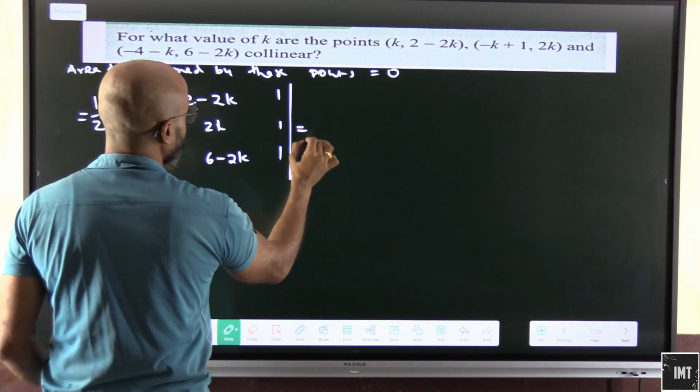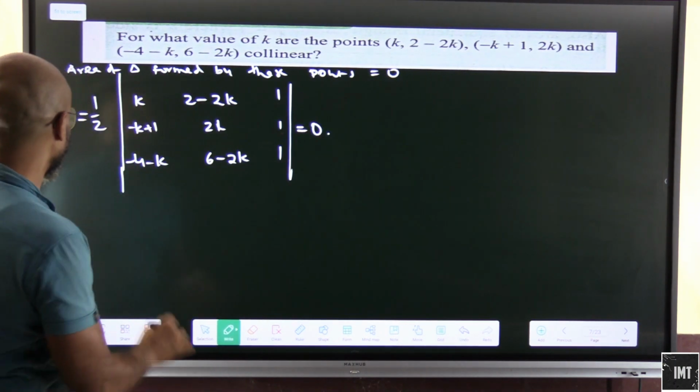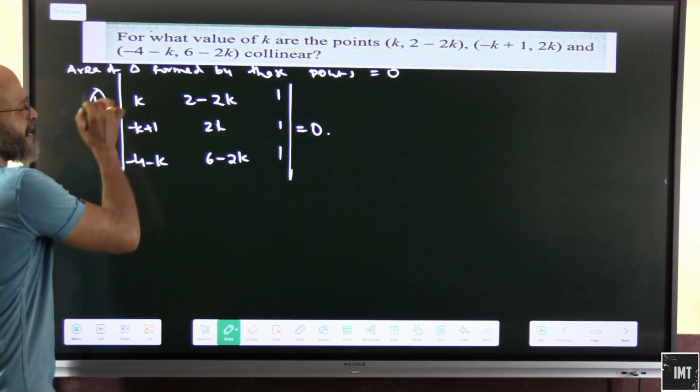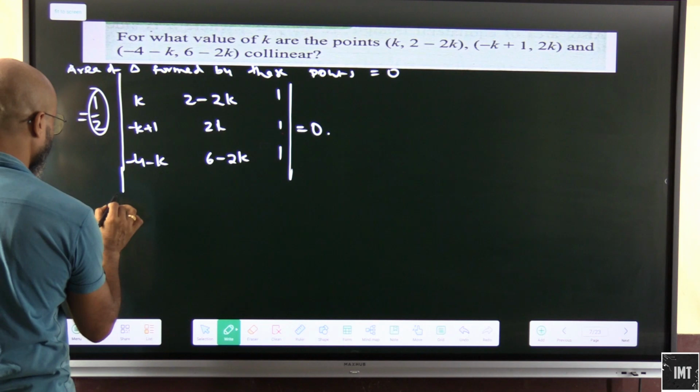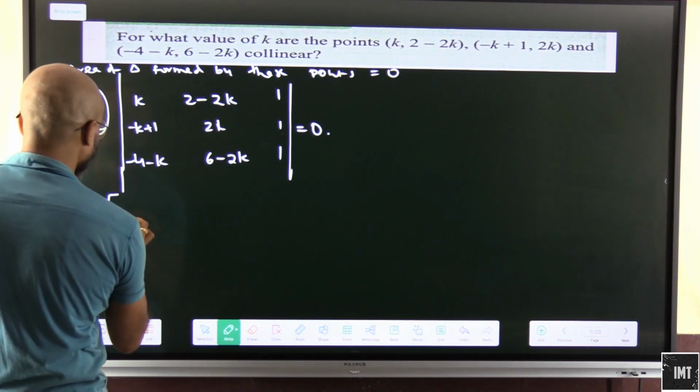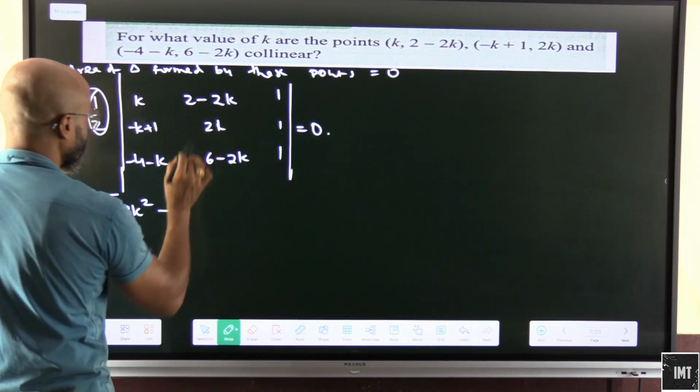This area will be equal to 0. Ideally we can ignore this half as well, because half has no meaning out here. We can just put this as 0. So here it will be k into 2k, that's basically 2k square minus